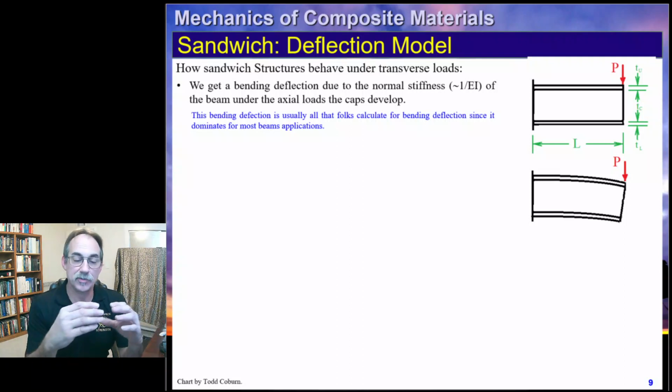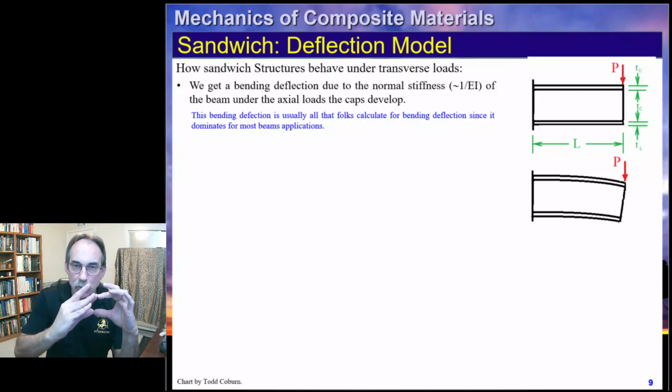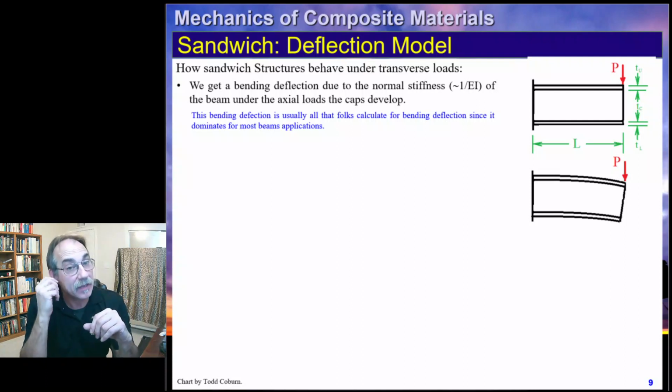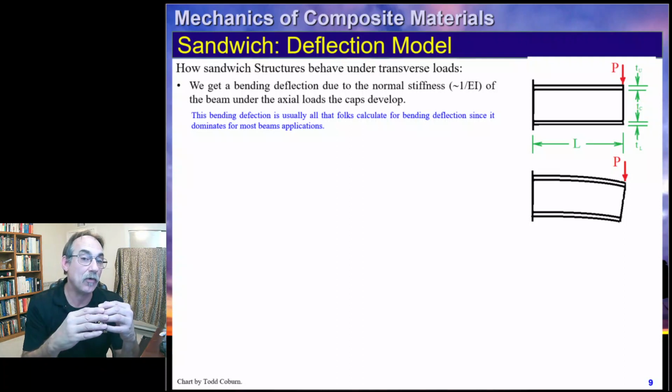Now, shear deflections were back in one of our first lectures of our Stress Analysis 1 class as well, when we looked at a little plate that was really stubby and we looked at a force and how that thing just kind of went, not the continuous deflection, but more like a discrete, the whole thing moving down as a unit kind of deflection. So in order to evaluate sandwich structures, we're typically going to want to evaluate both bending